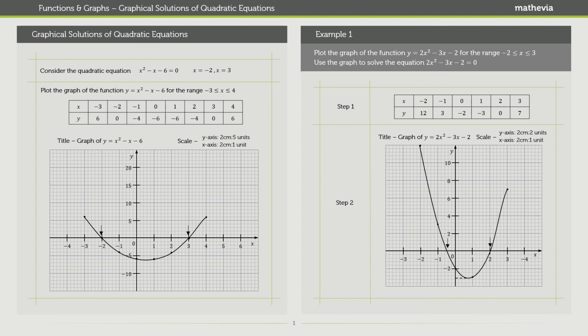And yeah, that should bring us to the end of this lesson. It's a very simple principle. Basically, you could solve quadratic equations using graphs. Once you plot the function on a graph, you pretty much just look for the 2 points where the curve